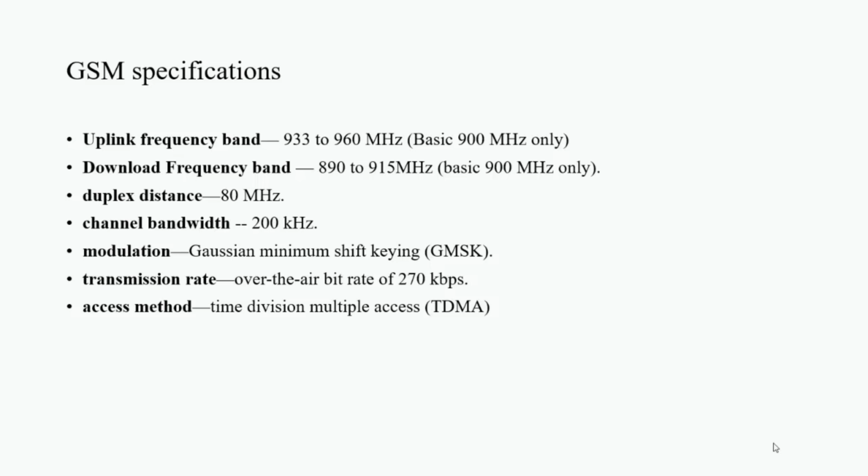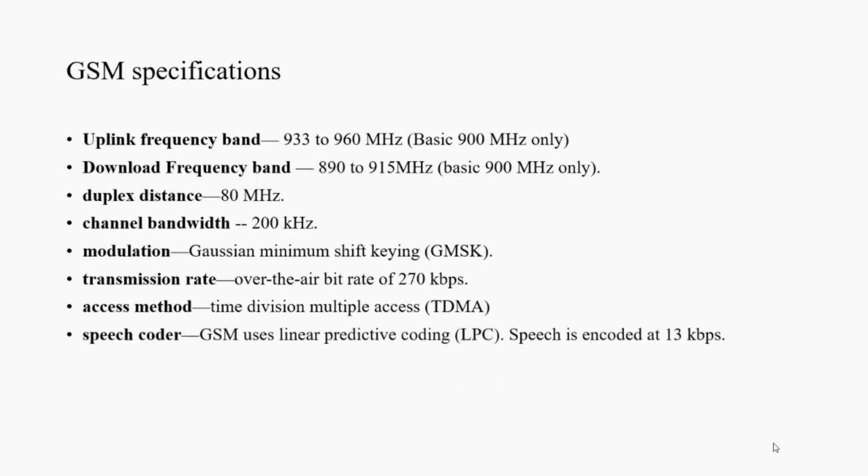We allocate a particular time slot to every user, and the user can only transmit using its own assigned time slot. In AMPS, we only specify a forward and reverse channel, whereas in GSM, we not only allocate the voice channel but also the frequency of the voice channel, and also the time slot, that is, at which time slot and on which channel the user has to transmit. It means all the subscriber units, meaning mobile sets, are synchronized with the base stations so that they follow the particular TDMA schedule.